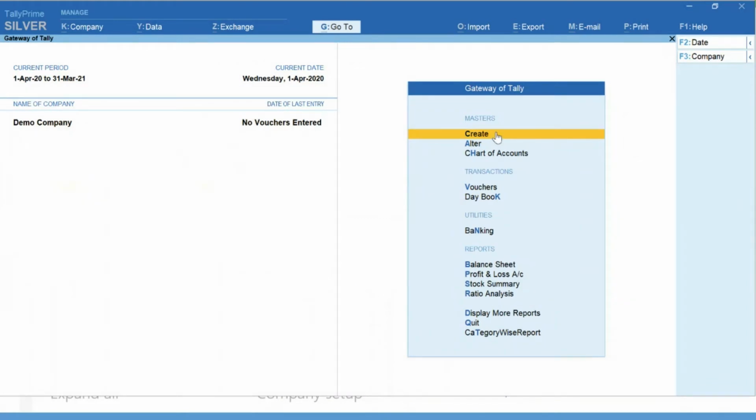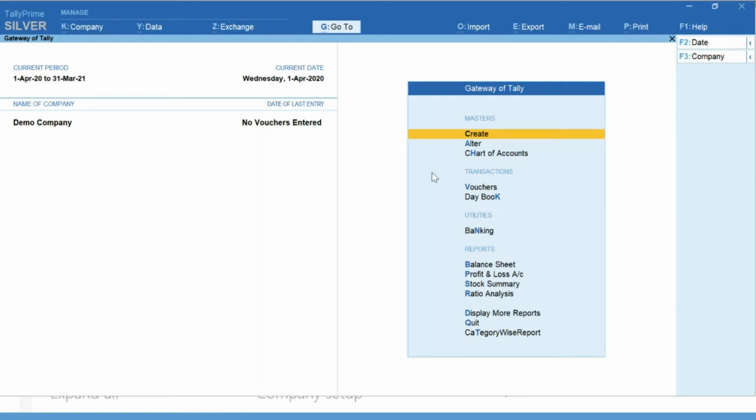Now, while creating the company, you would have seen in F11, when I created the company under the configuration screen, many of the options were not there. If you would like to compare with the previous version like Tally ERP 9, many of the options are not there. For example, now in your mind, definitely there will be a question: Sir, now I want to create cost center. How can I create cost center? You are not given that option while creating the company.